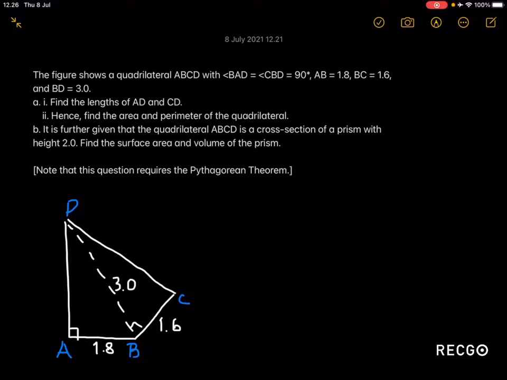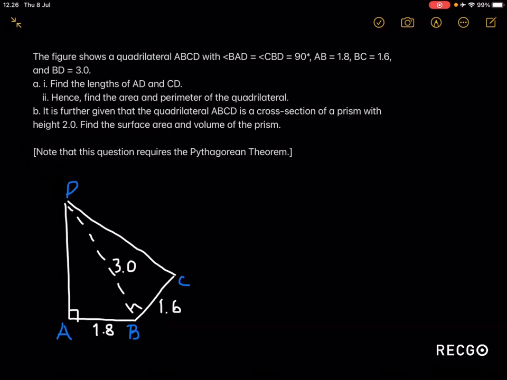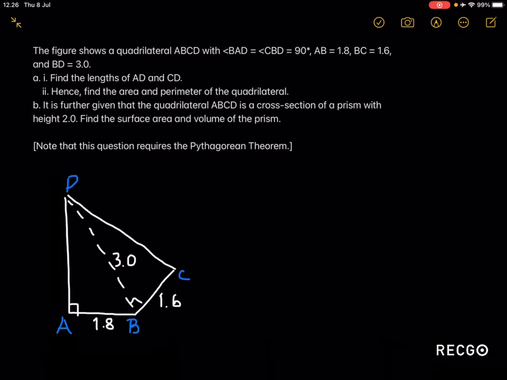Alright, so here we're going to look at yet another perimeter and area type problem which is related to volume and surface area. The figure shows a quadrilateral ABCD with angle BAD equal to angle CBD, which is also equal to 90 degrees, so they are all right angles. It is further given that AB is 1.8, BC is 1.6, and BD is 3.0. We need to find the lengths of AD and CD, and then we need to find the area and the